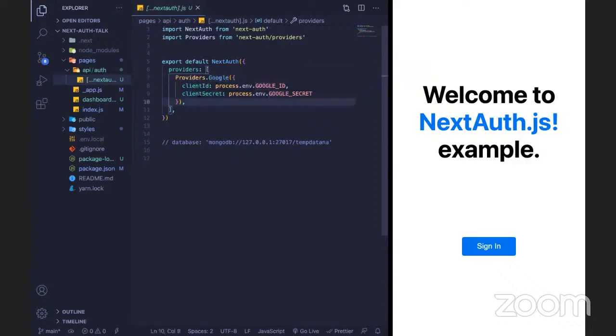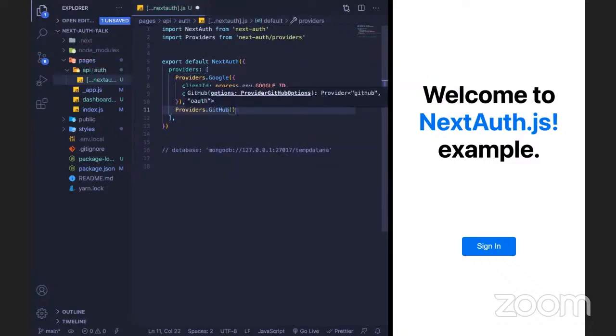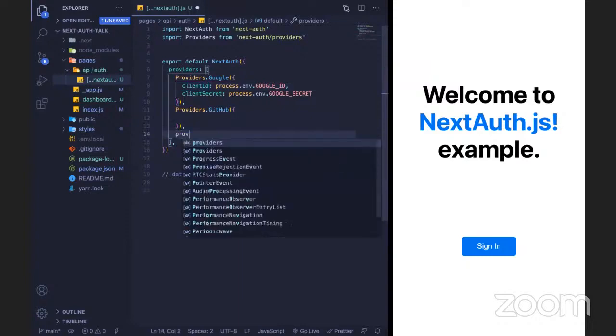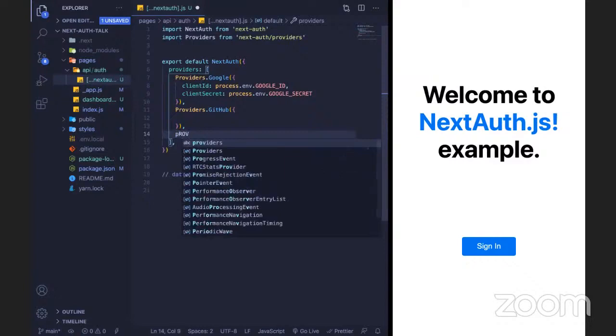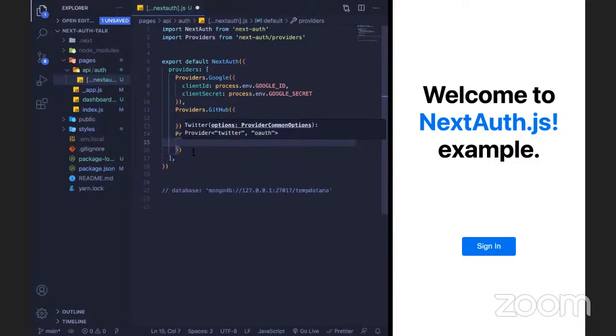You can integrate other providers as well. If you want to use GitHub, suppose, you can set providers.GitHub, and you can get the client ID and client secret on your GitHub account. Suppose you want to integrate Twitter, similarly you will do providers.Twitter, and you will simply mention its client ID and client secret.